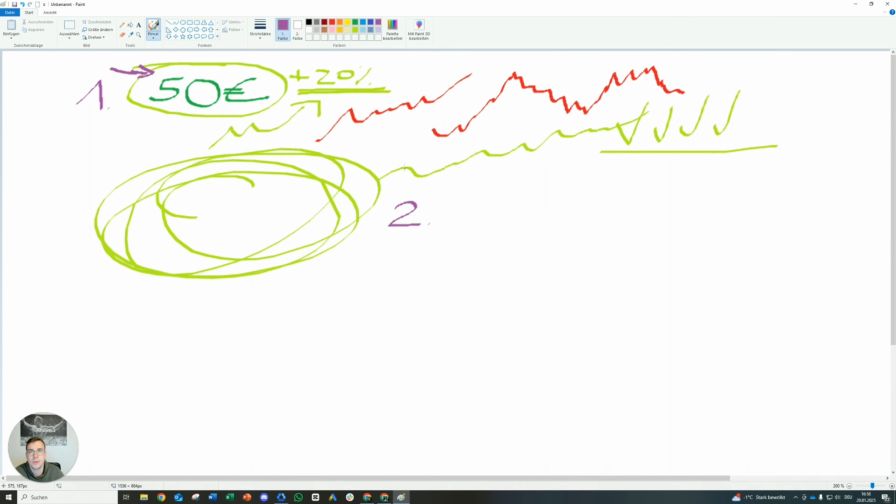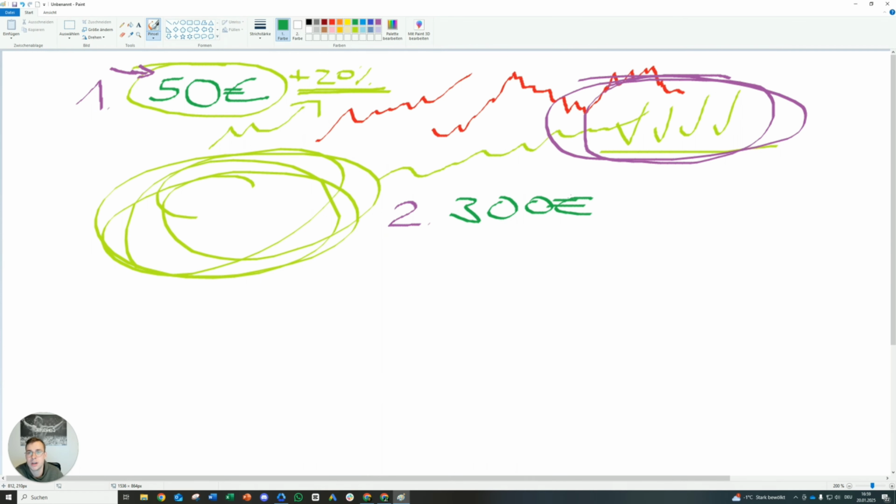Second principle. We said we will scale after some time once we gather a little bit of data, right? But how do you scale properly? A lot of people get that wrong as well. We will tackle all of that later too, when we talk about some of the typical beginner mistakes. Some people get too excited and suddenly they set the budget to 300 euros. Crazy. Maybe they have money, maybe they are not afraid of spending money, which is great because that means you're not too emotional about it. But that's a big jump in percentage-wise, and it messes up the algorithm. It's a little bit too quickly.